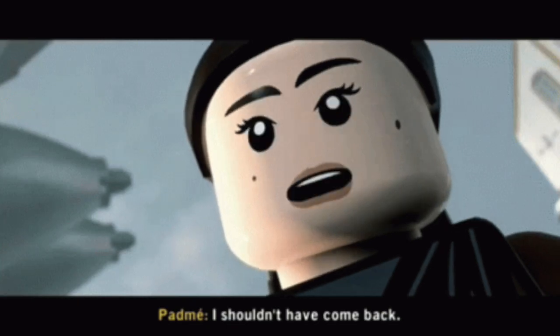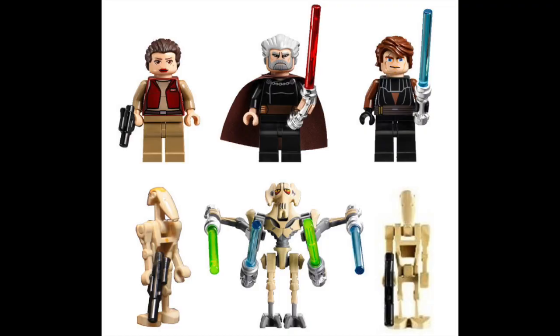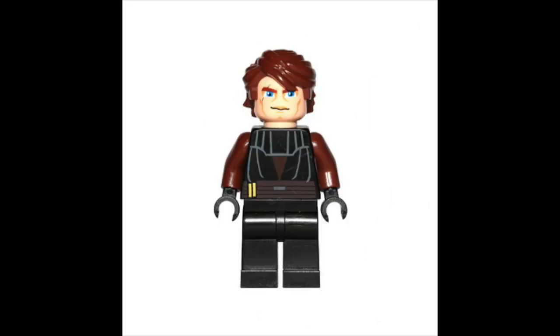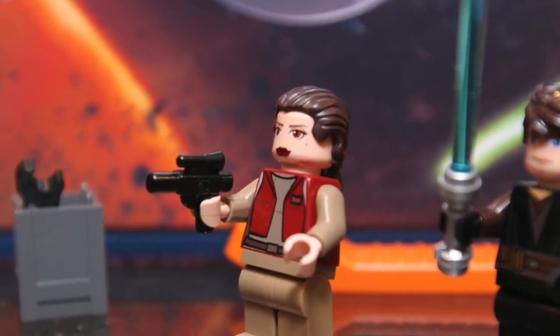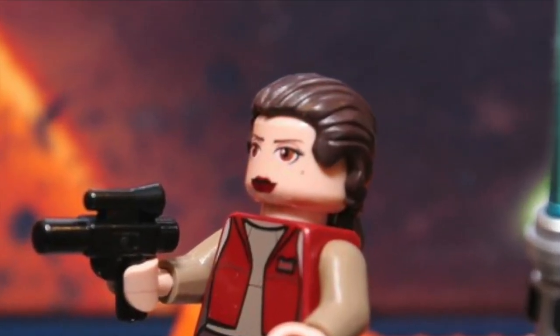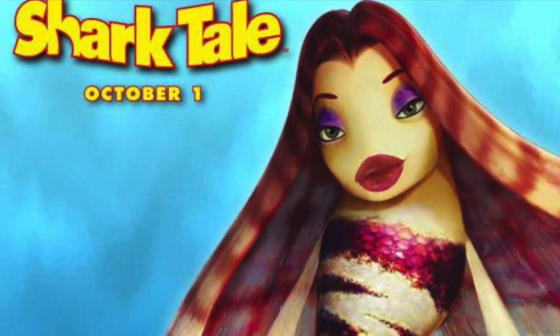This 2012 minifigure only appeared in one set, and while the rest of the minifigure is actually pretty nice, people just cannot ignore that creepy face piece. As a kid, I didn't really think the Clone Wars minifigures were that strange until I became older and realized just how out of place they look compared to other LEGO minifigures, more particularly other LEGO Star Wars minifigures at that. And I mean, even this one was unsettling as a kid though. Someone said this Padme looks like that female fish from Shark Tale, and I feel like that just about sums up the